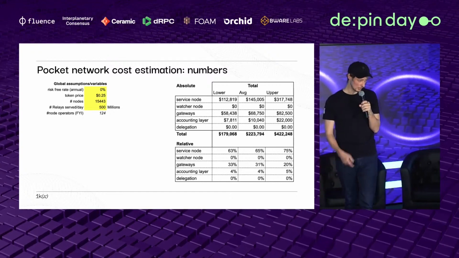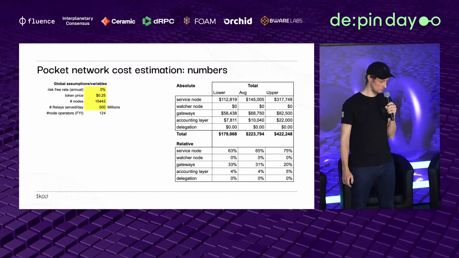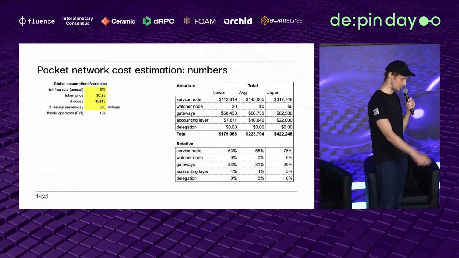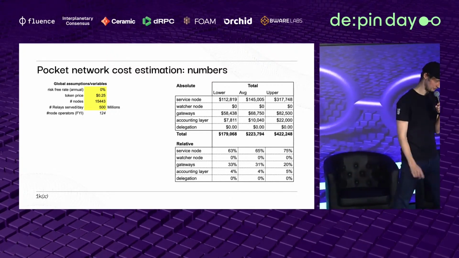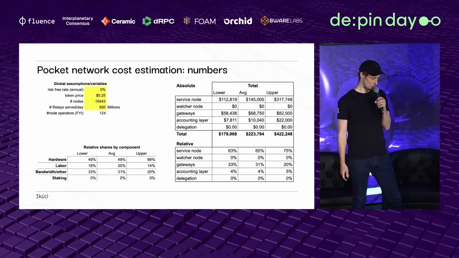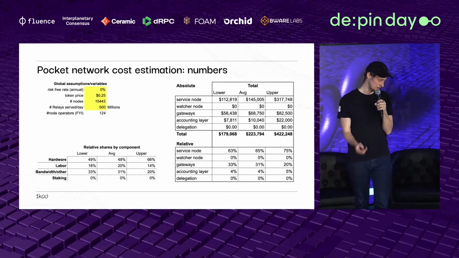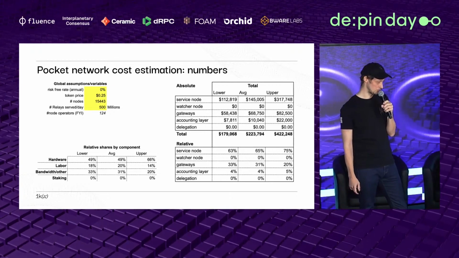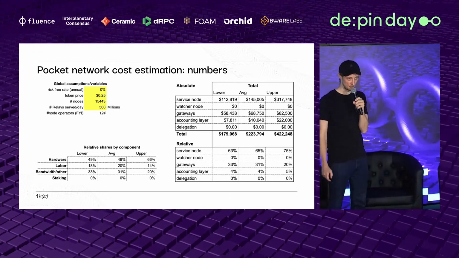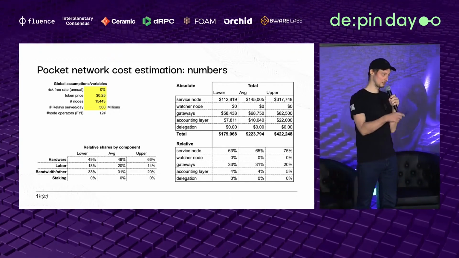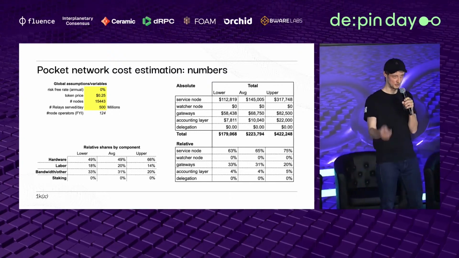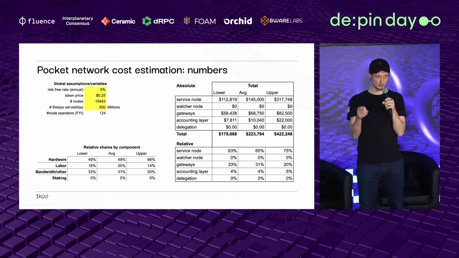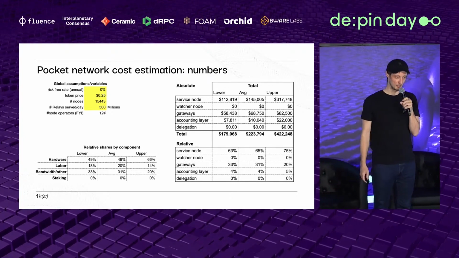And then roughly a third is the gateways. Obviously, you can also take the percentages from the bottom. Or we can also take the other cut and say, hey, half of it is basically the hardware, 20% labor, and 30% on the bandwidth side. So this is just based on, okay, we asked the node operators, how is your setup? How can we translate this into costs? I mean, there are obviously lots of caveats, related to the points I made earlier.